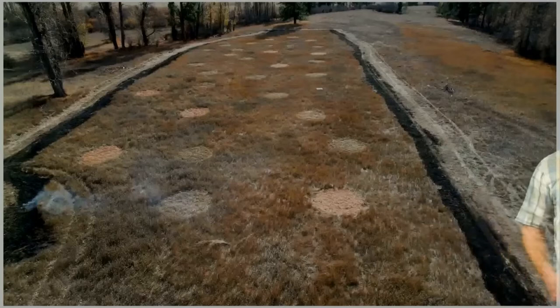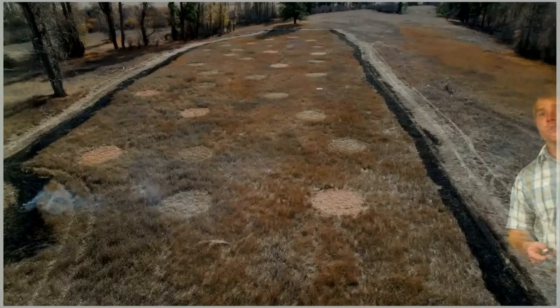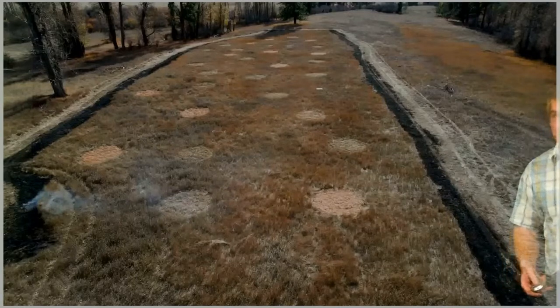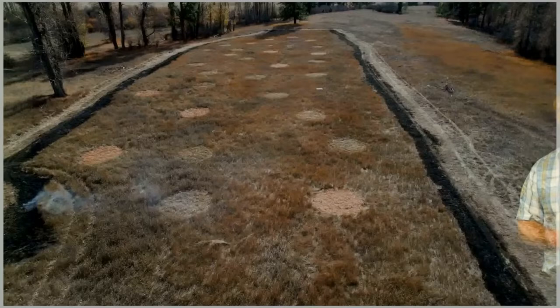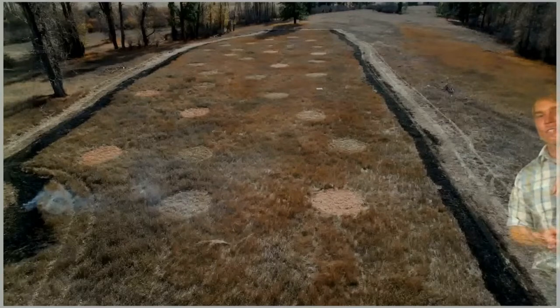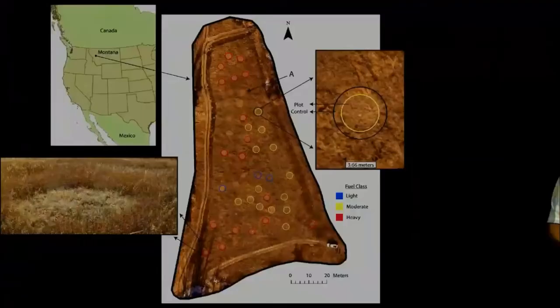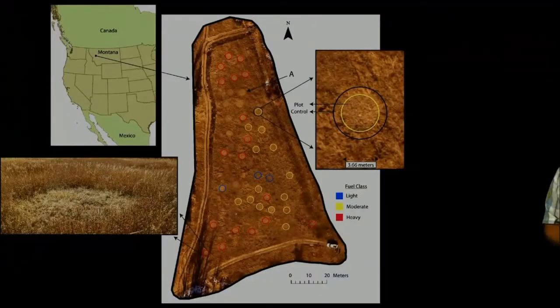if you notice these brown circles out there, those are actually needles. So changing the fuel type in some of the circles, and we know the exact mass of what we're putting in there, and we collected what didn't consume afterwards, so we can get specific estimates of mass loss within those specific circles. Yeah, that's the 2021. Most of the data I'll be talking about today, all of it, is the 2020 burn.